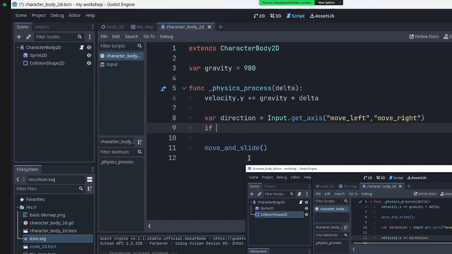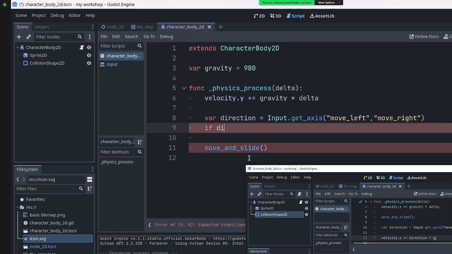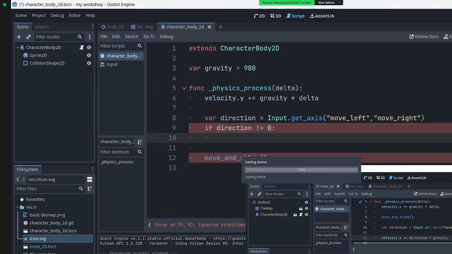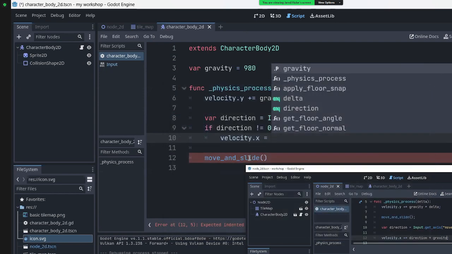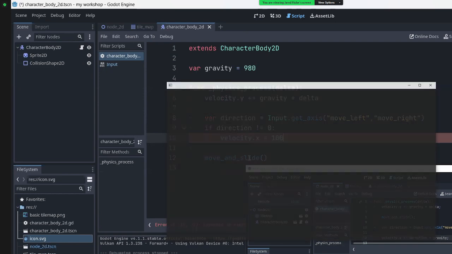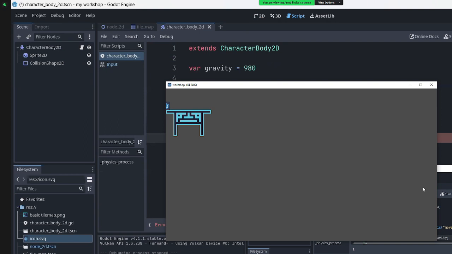So if direction is not equal to 0, then that means the player is moving. So velocity.x equals 100. And that means that the player is going to move at a rate of 100 whatevers